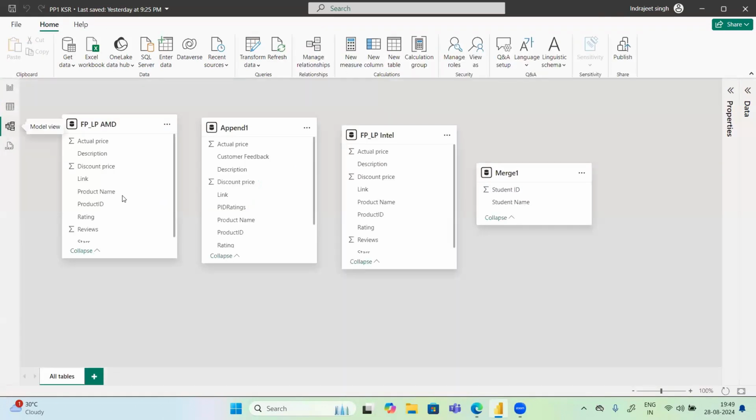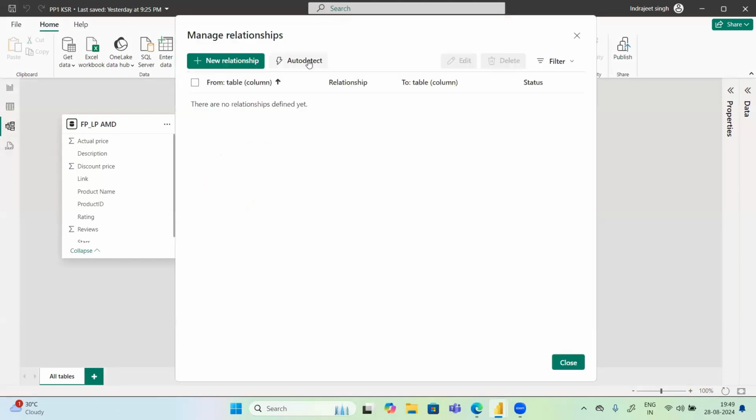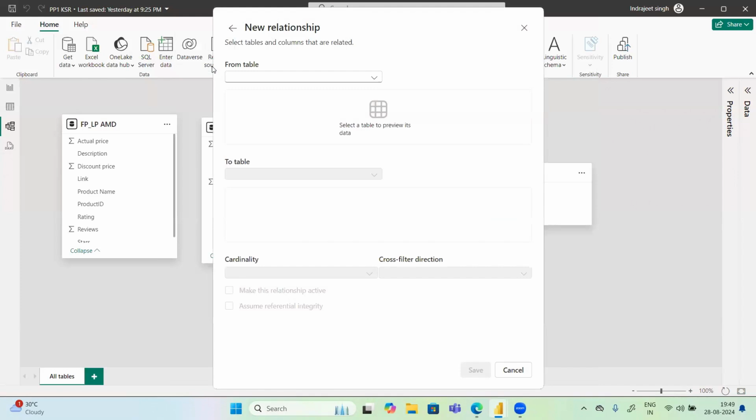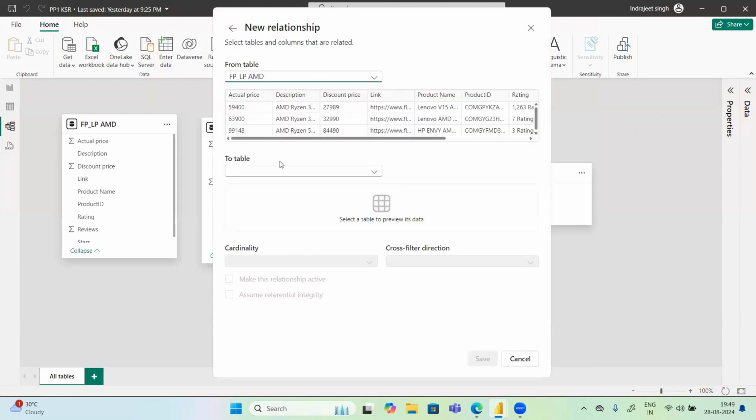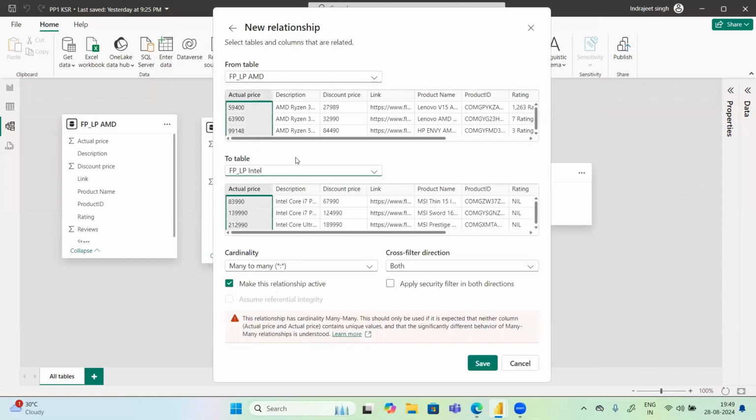So this is the model view. Now here in model view, if you click on manage relationships, a pop-up will open. In this pop-up you will be able to create the relationships. If you want to create a new relationship, just click on new, and then you have to select two tables. Let me walk you through the options which are available. Then we will cook the data for this relationship in the query editor, and I'll show you all these things in action. Okay, guys,